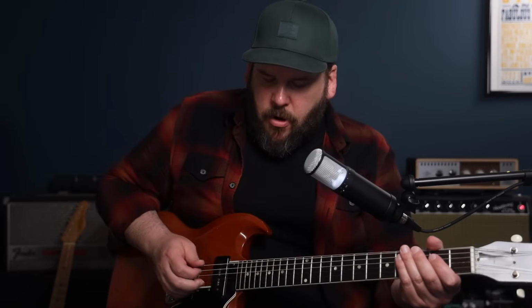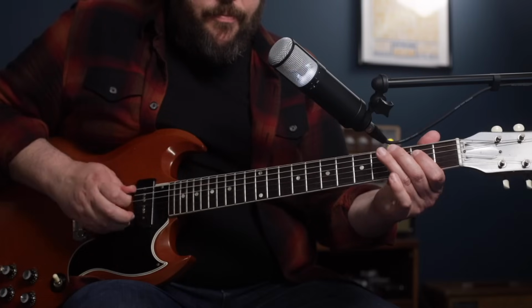Now these arpeggio shapes and these scale patterns are the framework we're going to use to solo in this position. And the trick with this is to find a phrase or a lick that you can use as a jumping off point, and then use this framework of these arpeggios and scale patterns to navigate your way through the chords. So an example of that is to start out with something like